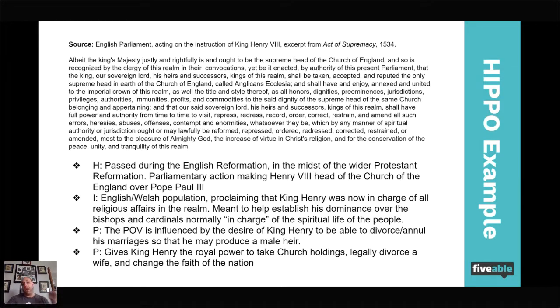We're going to do this a lot more in depth a little later on. So the last question that I have here is, do you need to do all parts of HIPPO during a DBQ on the AP exam? Guys, this is the key thing about this question that I asked here. It's the AP exam. Your teacher in your class is going to tell you to do different things. Some teachers will tell you do all parts. Some teachers will tell you don't do all parts.